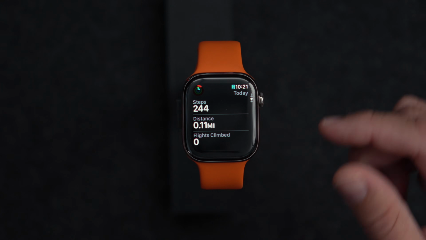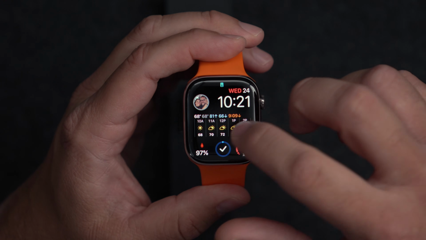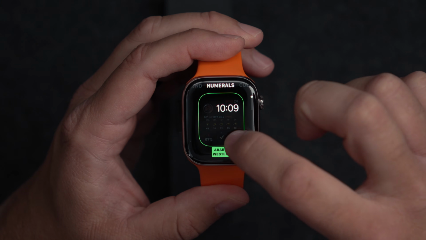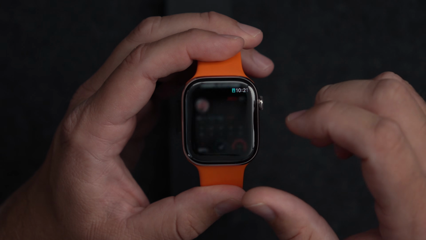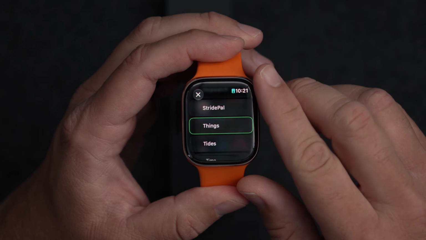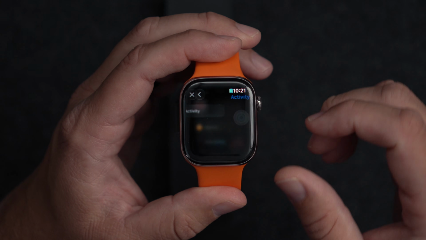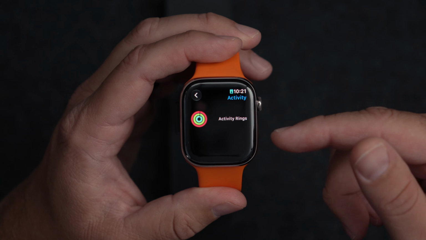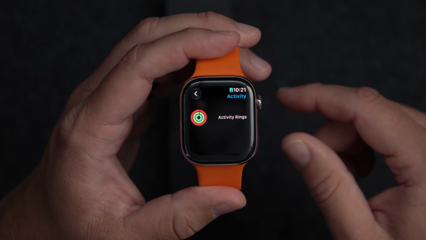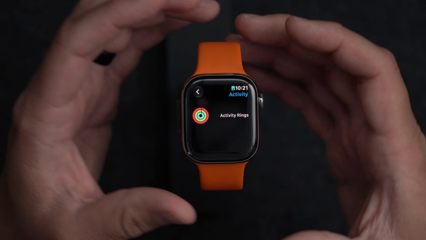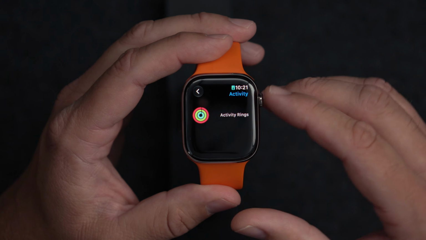Now, sadly, they still don't give us the ability, and let me just double check because we are on beta 2 now. So if I go into the complications and we go out of this one and we scroll to the top, because I think they call it activity. Yes, so we still just have our activity ring as our complication. They still don't give us that step count ring or step count number or anything like that as a complication,